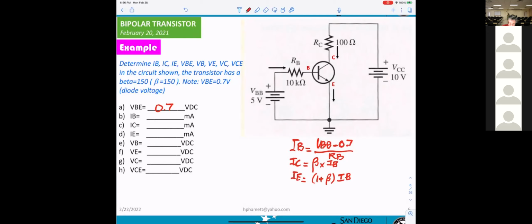If you want to calculate the VC, you can use VCC minus IC times RC. Here I can see easily, VB, what does VB equal?